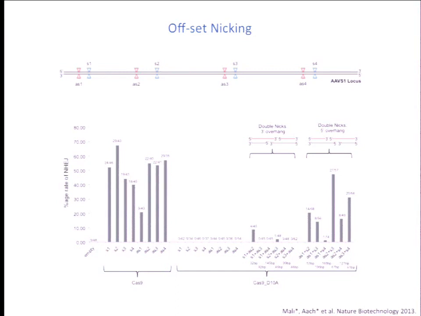But when we start to use these Cas9s in a coordinated fashion and generate either 3' overhangs or 5' overhangs, then one starts to observe robust NHEJ events. In particular, what we observe very interestingly is that only when 5' overhangs are generated does one observe very robust non-homologous end joining.